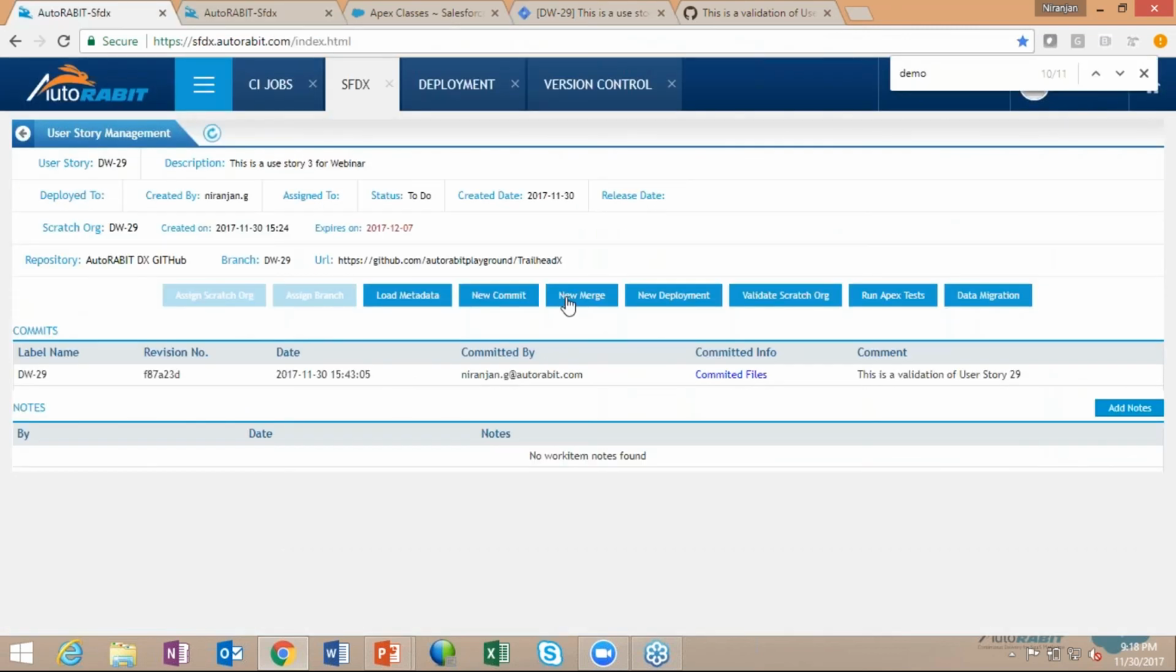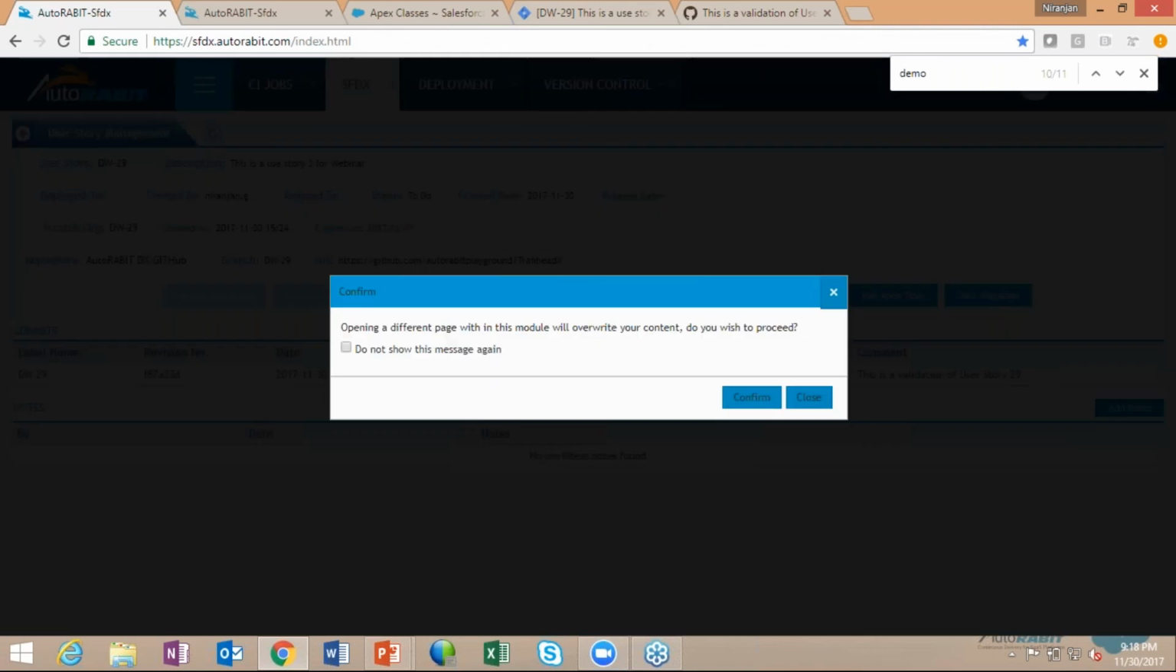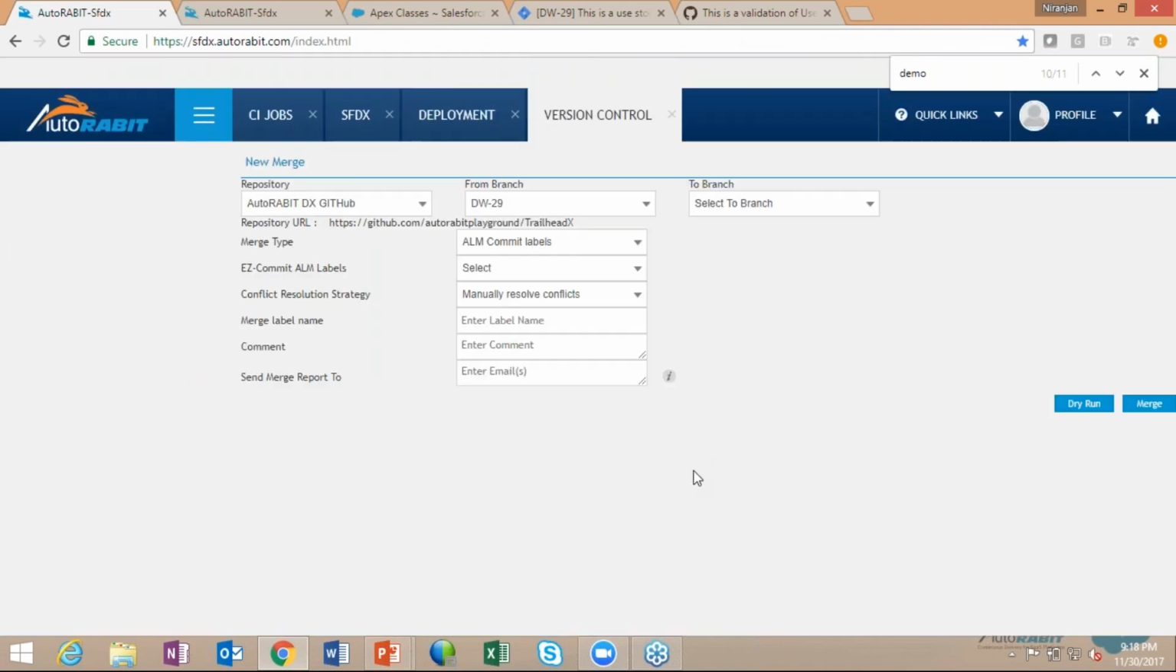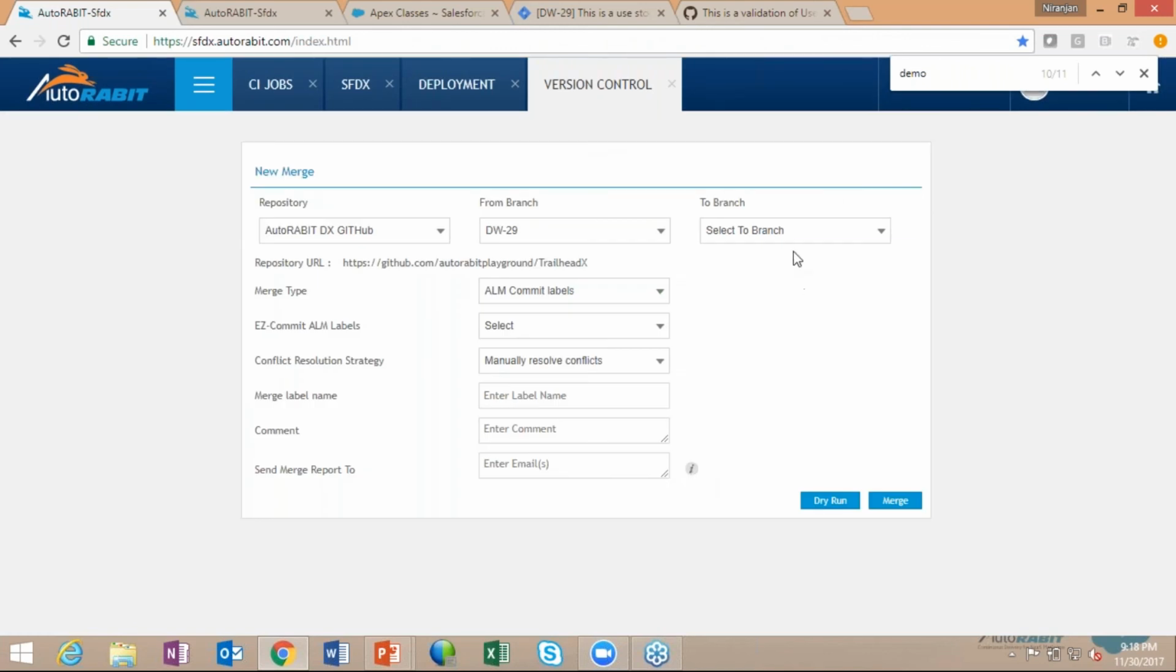Just going back, now the next is about the merge. We have pushed these changes into a feature branch. Now it's time to bring it to, say, master or bring it to an integration line. Now AutoRABIT has rich support for merge. AutoRABIT is the only tool that has a merge editor in the cloud. Even Bitbuckets or GitHubs of the world,